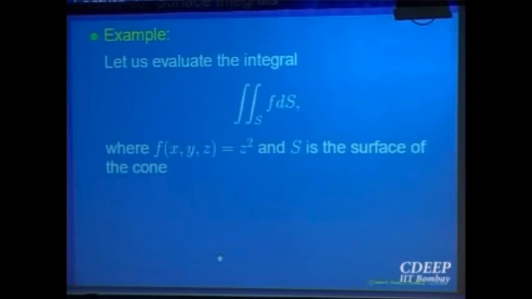f(x, y, z) is equal to z square. That is a scalar field we are looking at, and the surface of the cone z square is equal to this, between z equal to 1 and 2. So what is to be done? We only need a parameterization for the surface, right? Whether you want to project it onto the xy plane or the yz plane is your choice. But here, if you see, it is a cone with the z axis as its axis, so it is easier to visually project it onto the xy plane.